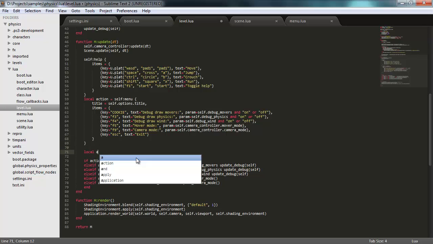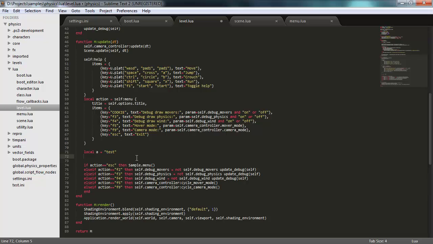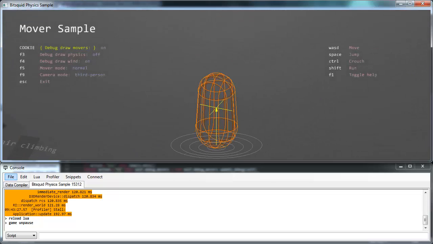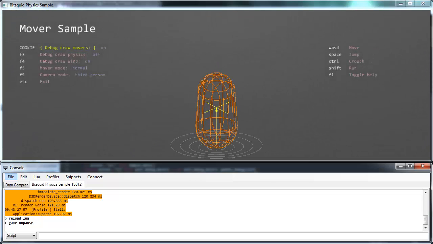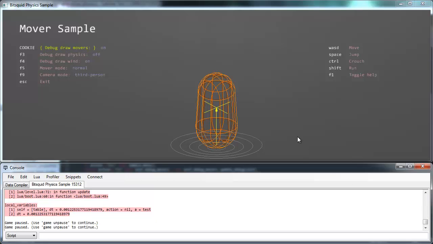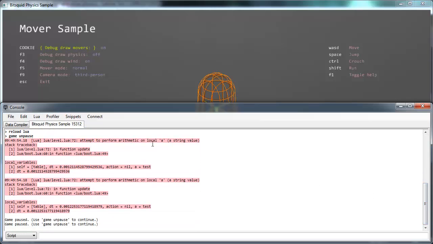create a string here called test, and I try to add that string to a number. I save, I go back into the game here on the console, and I try to run this reset and rebuild and reload Lua code. So you see here now I get an error message that says attempt to perform arithmetic on local a string value, which is not allowed, and helpfully the game has